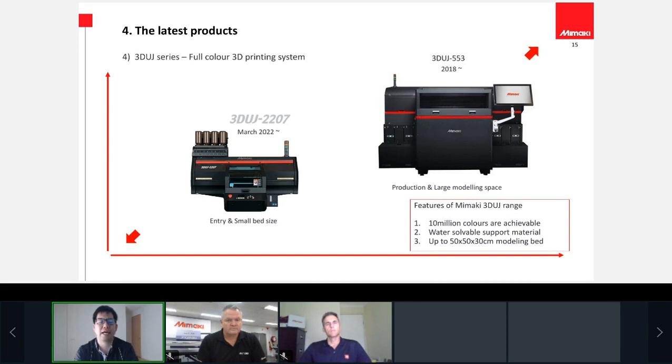Lastly, regarding our full color 3D printing system, which also uses a UV curing printing system. In addition to our existing portfolio, which we started in 2018, the 3D UJ553, which is a real industrial product platform with a 50 centimeter cubical bed size, we have more demand for an entry level. We are now launching this month the new platform